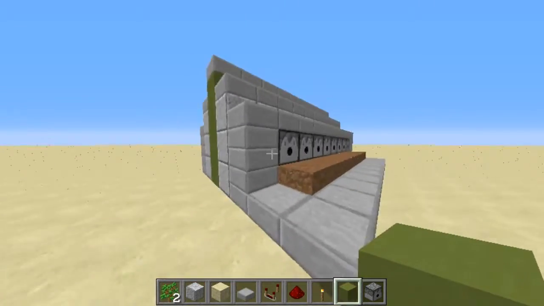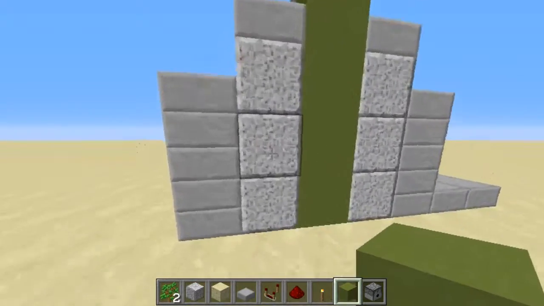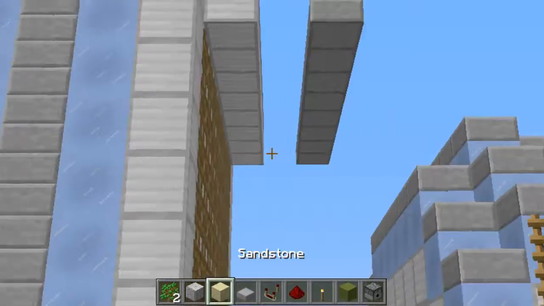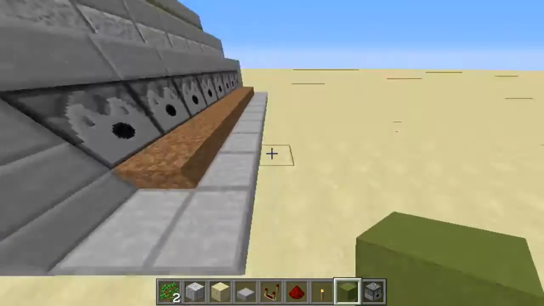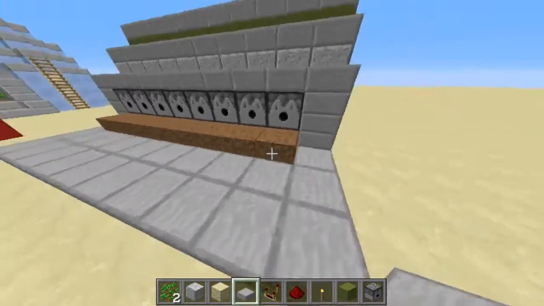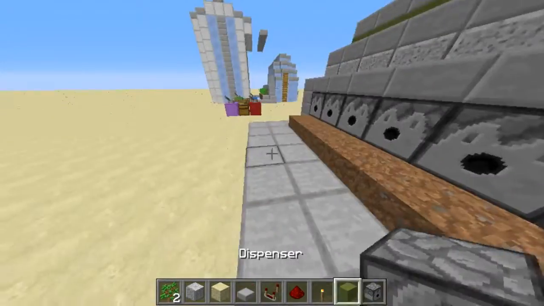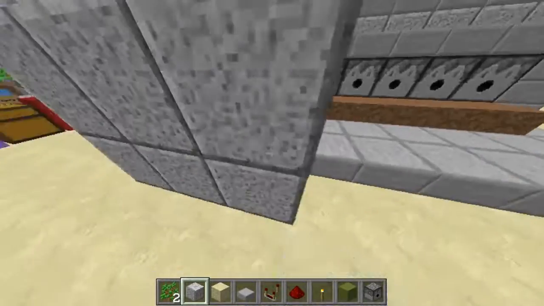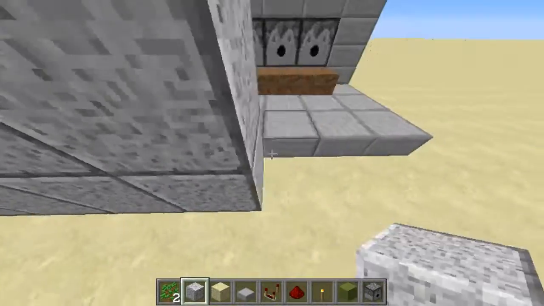Now that you have this part done, I decided to go ahead and decorate it, and be sure to light up the inside. Now that that's done, we're going to build the leaf crusher. Now how this is going to work is you want to go out 2 blocks like this, 2 blocks out from the dirt. Now this is where you're going to start building up. I'm going to build up 3 blocks,